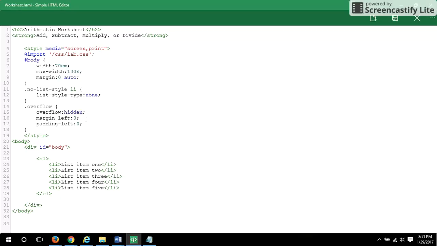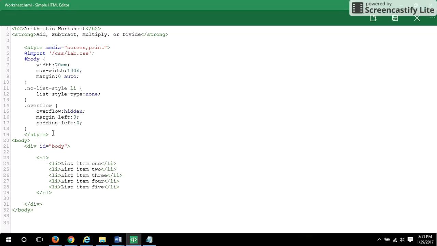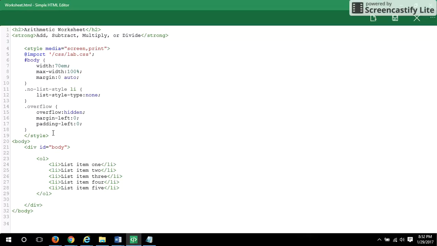So there's a lot of code here, but if you go down to what is line 23, there's an open angle bracket, an OL, and a closed angle bracket. The OL stands for ordered list, which is what we want to create. So what we're going to do is